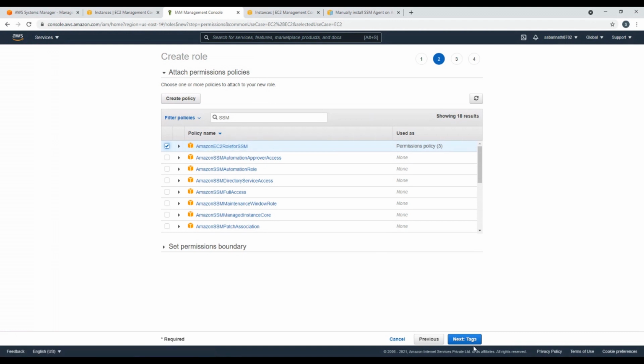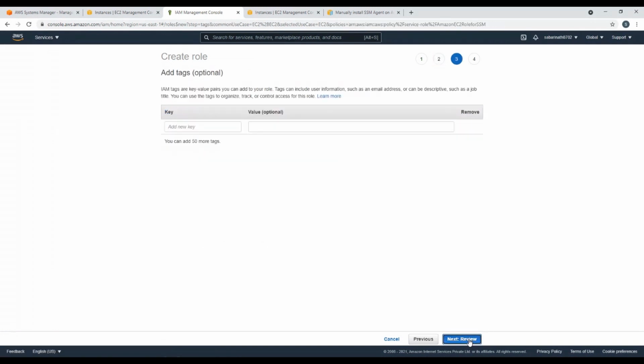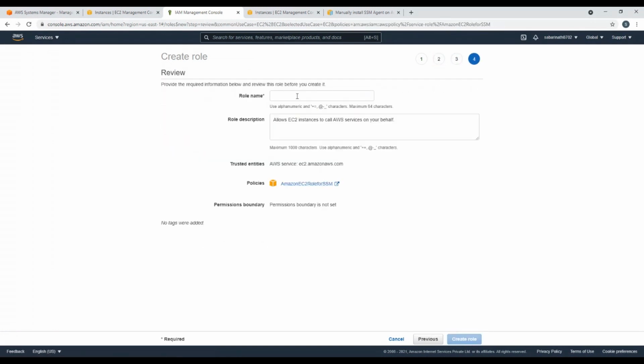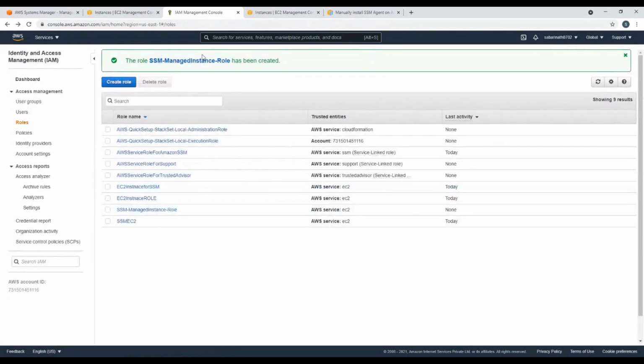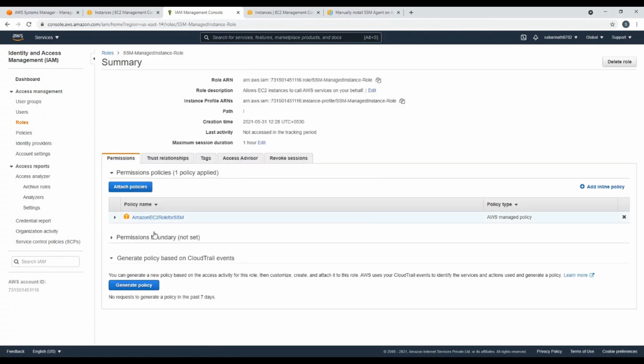This is the predefined policy which we are going to attach to this role. Review, and we name it SSM managed instance role. Create role. Yes, we do have a role created, and we could see it has the policy AmazonEC2RoleforSSM